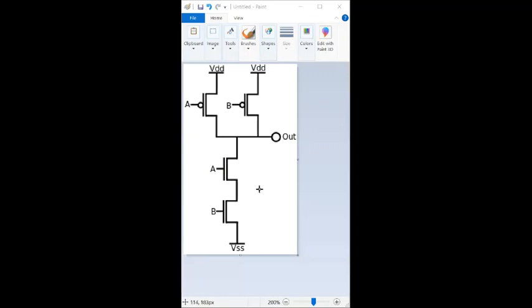So here we can see that there is a pull down and pull up circuit. So here the pull down will be the logic of the circuit, and the pull up will be acting as our high resistance, which will stop the VDD and the VSS, which will ideally be a ground, from being